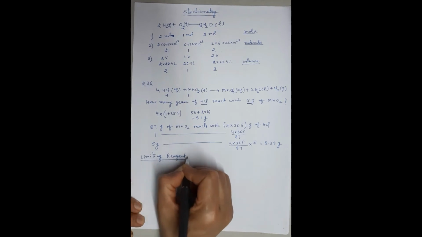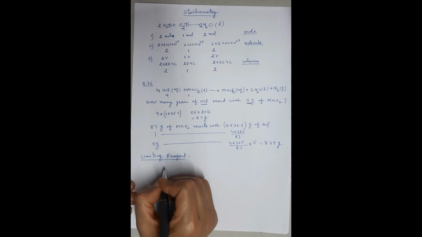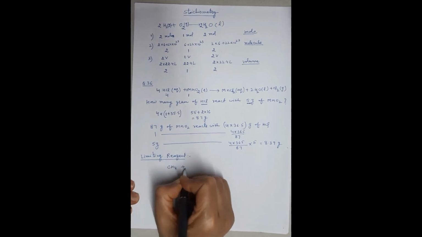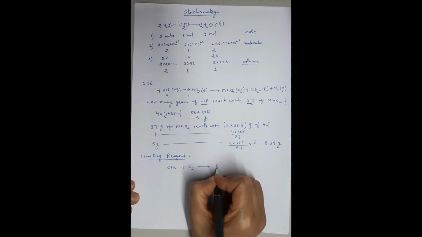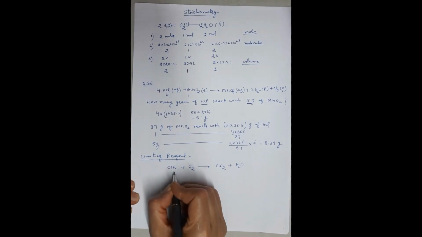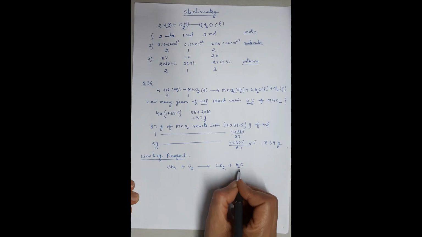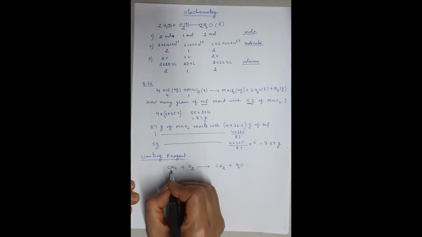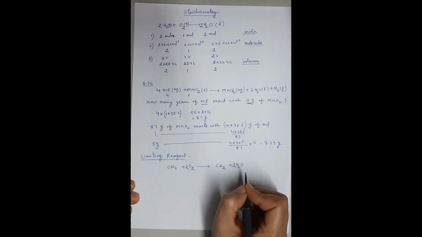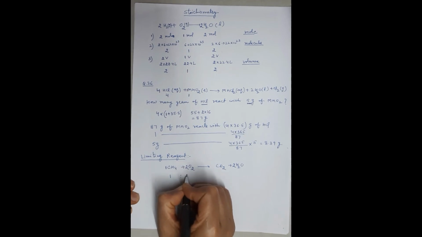See, what is limiting reagent? I'll take an example of CH4, methane. It reacts with oxygen and forms carbon dioxide and water. Whenever any organic compound is burned in the presence of excess oxygen, it always gives you carbon dioxide and water. Just balance the reaction. It comes out to be 2 here and 2 here. Now they are reacting in what ratio? 1:2.